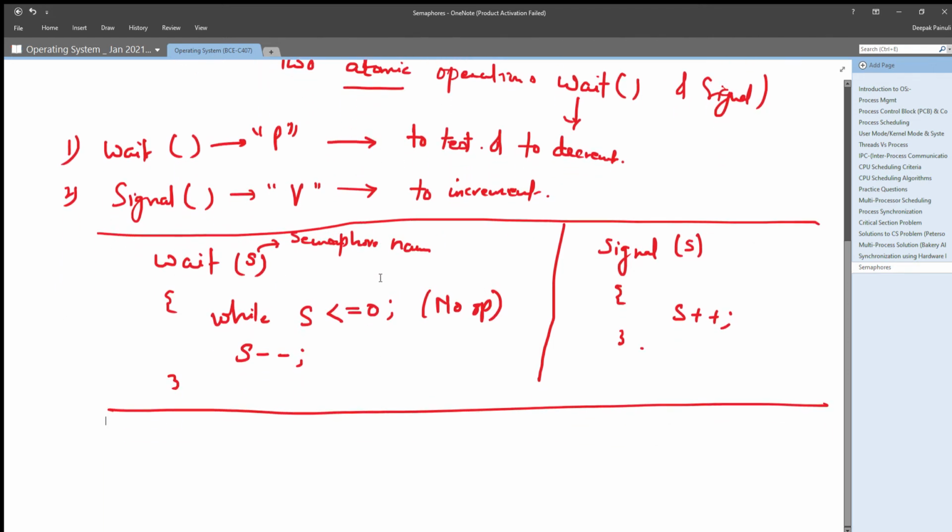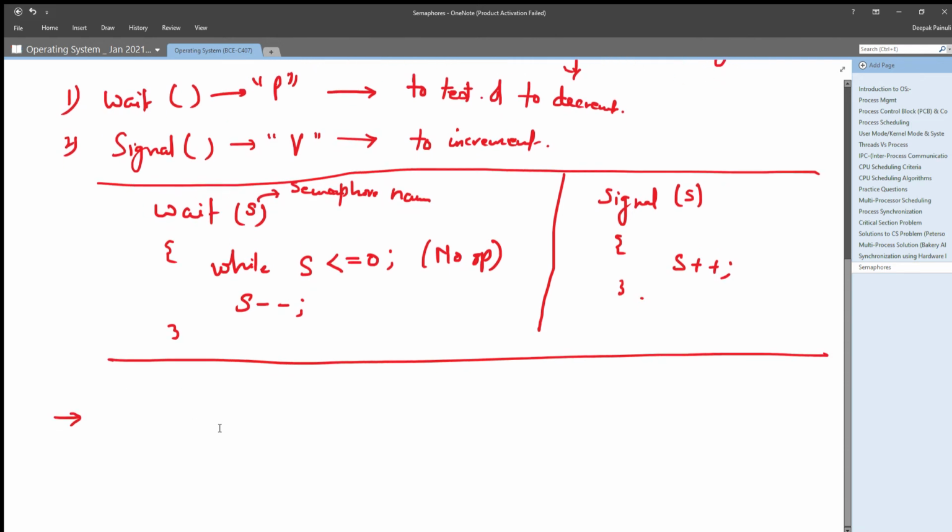But these operations will do these types of tasks on that particular semaphore. Like wait operation will first test the value of that semaphore and then decrement it, and signal operation will simply increment that particular value of semaphore,